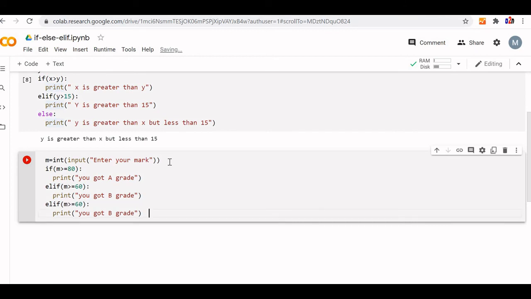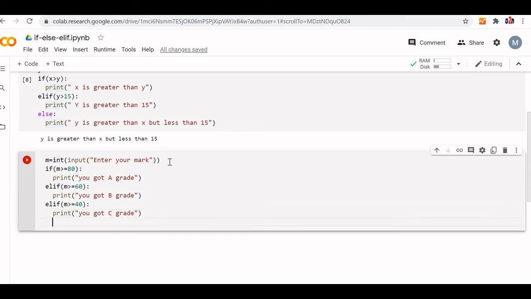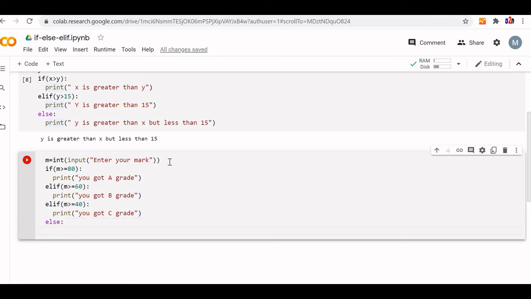I am maintaining the left indent. m is greater than or equal to, let us say, 40. "You got C grade," whatever grade you want. Now, if it is not 40, what will you do? We will make it else, anything else. If it is not within this 40, print "failed in this exam." You give whatever message you want.